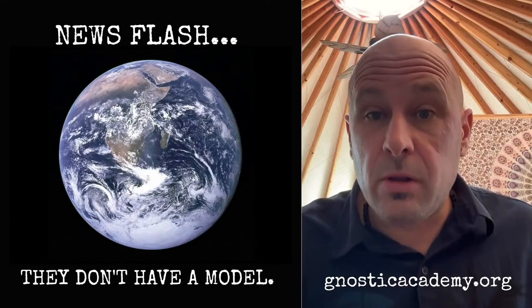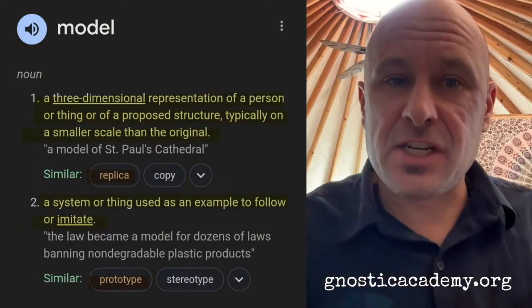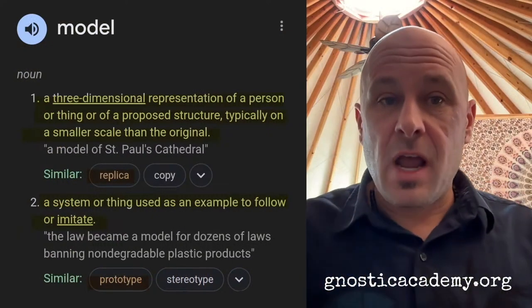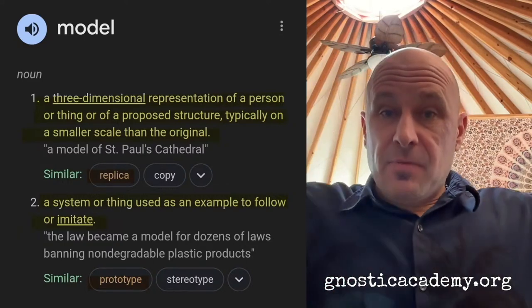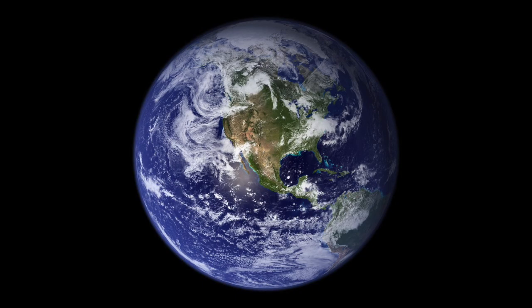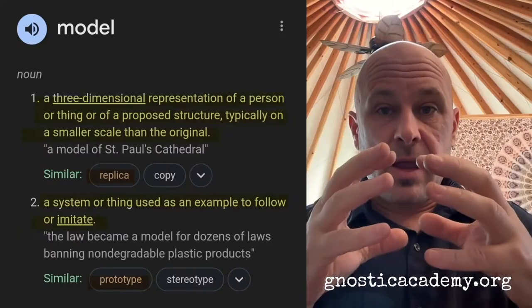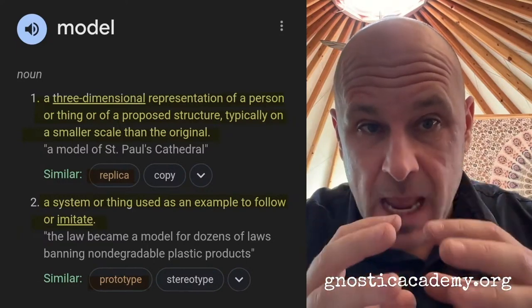There is no globe model. Let's explain. What is a model? A model is a three-dimensional representation of a person or a thing or a proposed structure, typically on a smaller scale than the original. You're supposed to take the thing that you're talking about, this cosmology, and bring the Earth down to a scale, and in that scale, it's a system or thing used as an example to follow